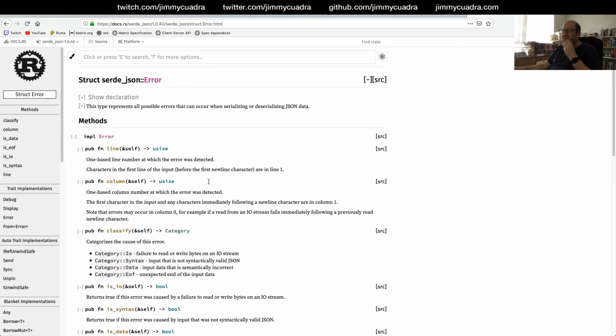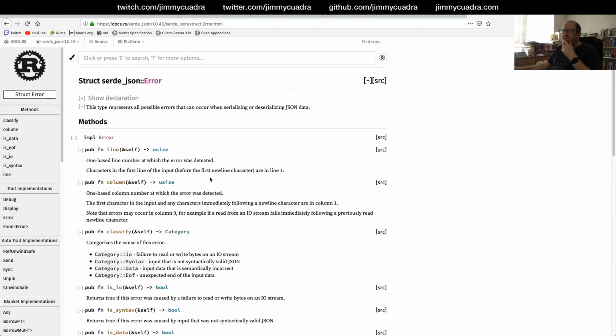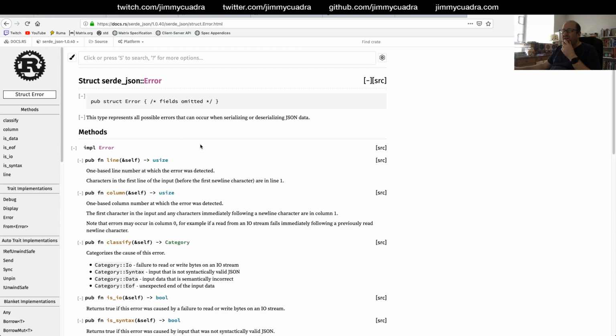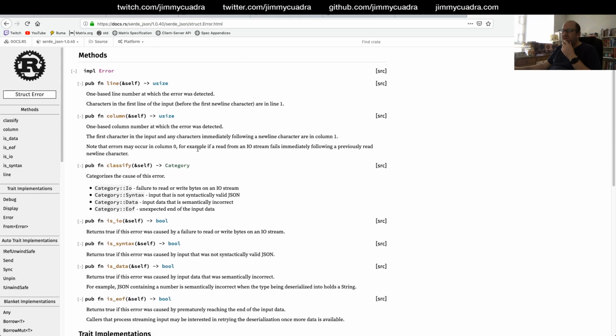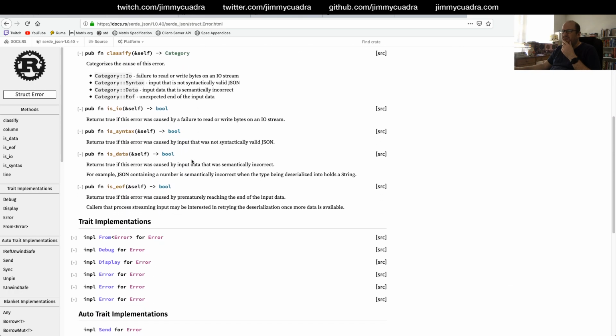I think this again has something to do with the generic context. It implements standard error, so it does implement those errors. I don't understand. I guess the problem is that this error can be returned specific to JSON deserializations.